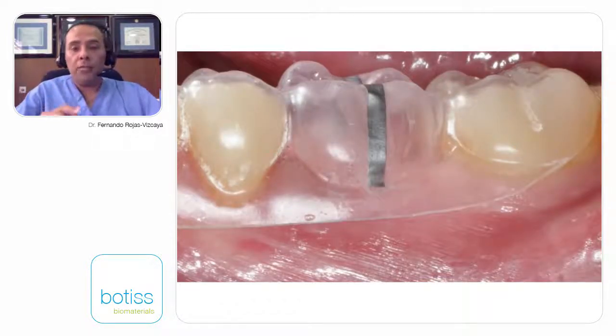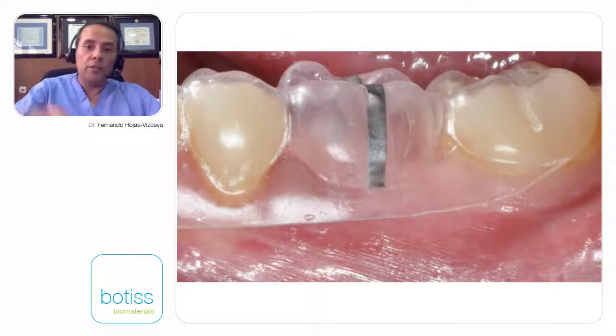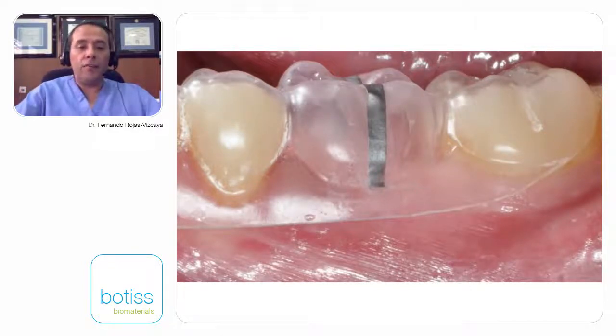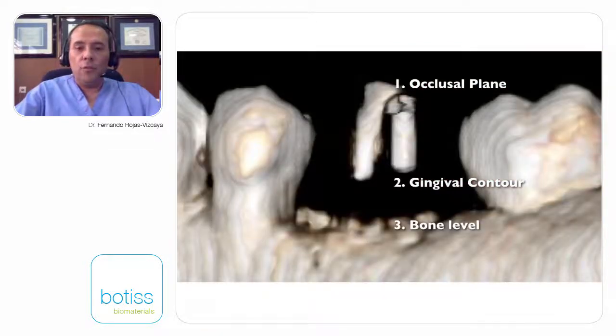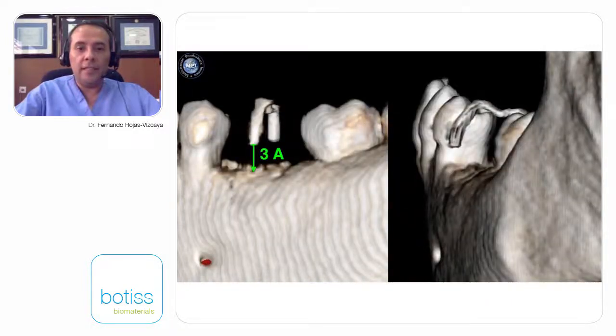Now, go and measure the distance between margin to the bone. So this is why we make a radiologic template. You can see showing the zenith of the margin of the molar. We have the first and second step. Now, when you make the analysis and measure the distance, you can see from the margin to the bone,